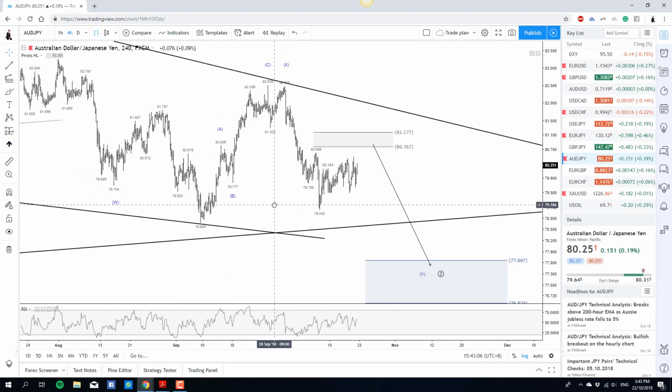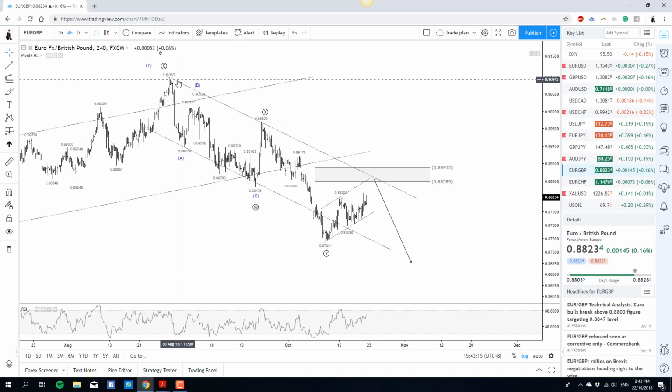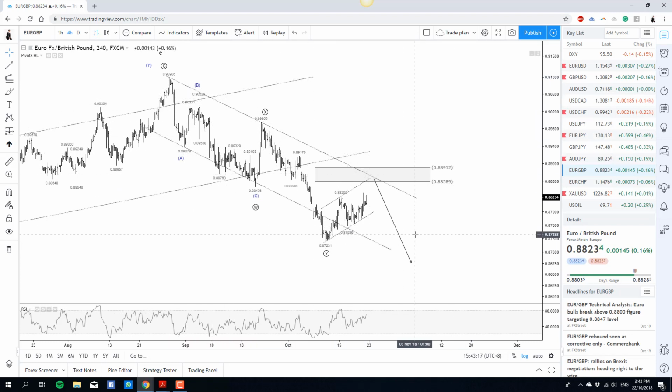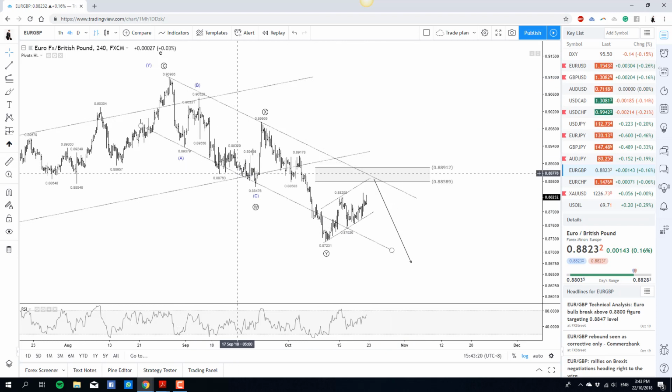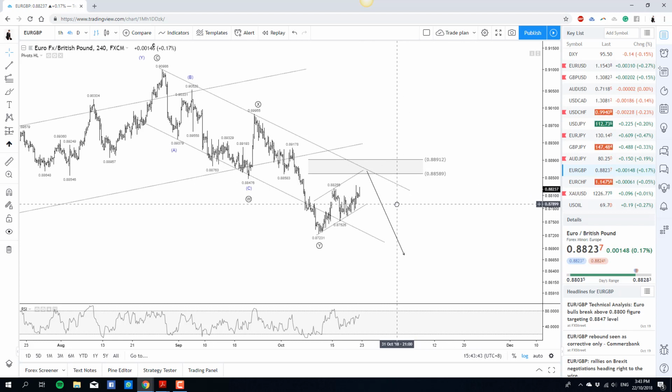Alright, so for this week, our expectation on the Aussie yen is to the downside. Right, Euro Pound, you can see price is respecting this bearish channel very nicely. Alright, and the recent move has completed in WXY, and now is developing a very nice ABC move as well, respecting this inner trendline channel. Okay, so we are expecting price to continue to correct all the way up towards the top of this bearish channel around the 88.58 or 88.91. Right, so that region over there will be a good potential level and area to look for short trades,